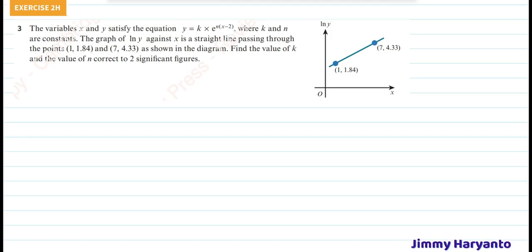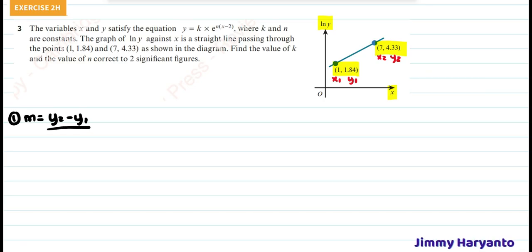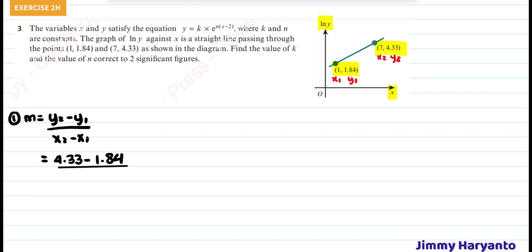For question 3, the graph is already given. The axes are ln y and also x. The 2 points are also given. Let's label them as x1, y1, and x2, y2. Okay, so first step, you have to find the gradient. Gradient equals y2 minus y1 over x2 minus x1. So the y2 is 4.33 minus 1.84 divided by x2 equals 7, x1 equals 1. Let me calculate this one first. And the answer for the gradient is